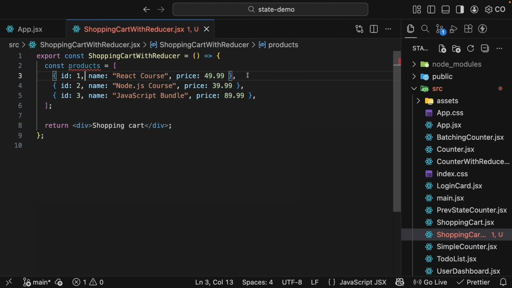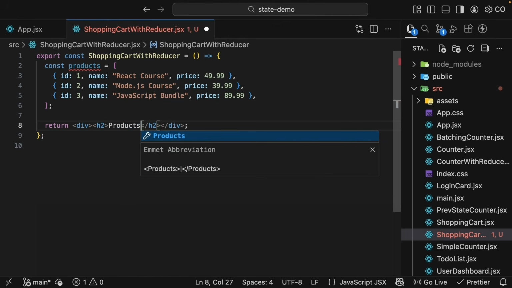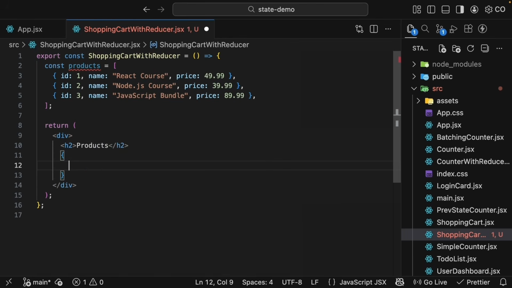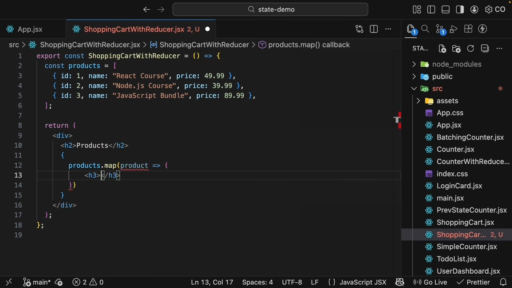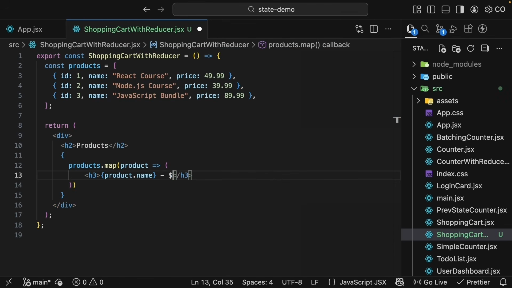Each object represents a product. It contains an ID, 123, name, React course, Node.js course, and JavaScript bundle, and then the price, $49.99, $39.99, $89.99. For the JSX, add a heading and map through these products. So within the div tag, add an h2 that says products, and after the h2, curly braces, products.map. We get access to each product in the array, and we return in h3 the product name, so product.name, followed by the $ sign, and then